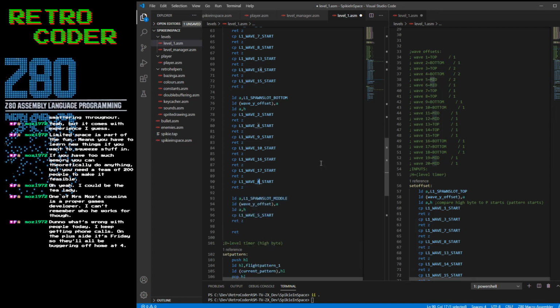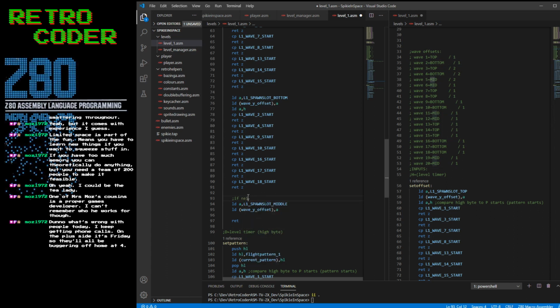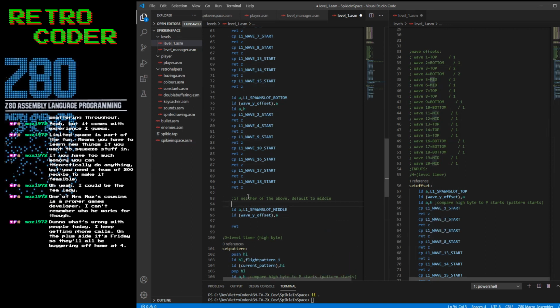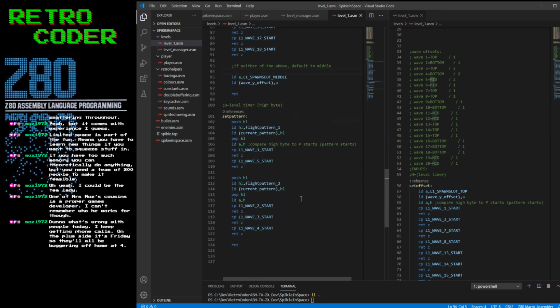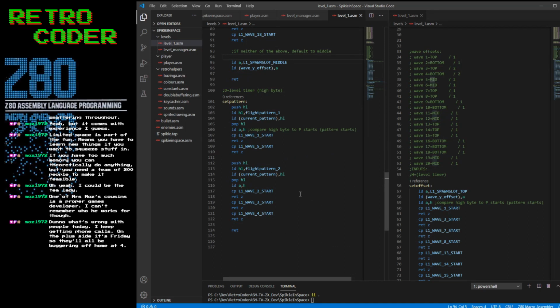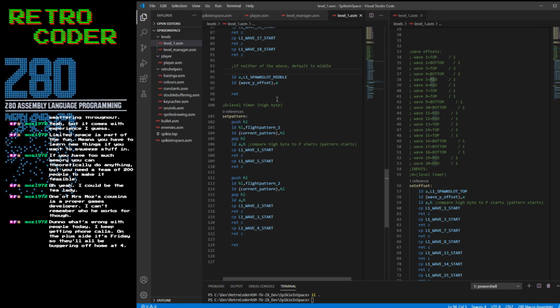Oh, damn it. What I did need to do is keep some of that. There we go. Pattern I'm going to leave. Oh, I can't leave pattern. I could have done the default thing,